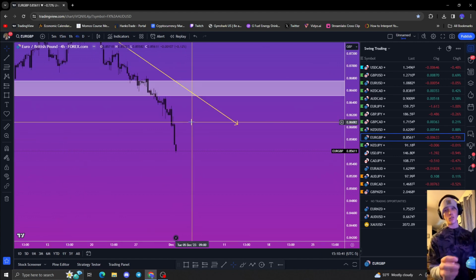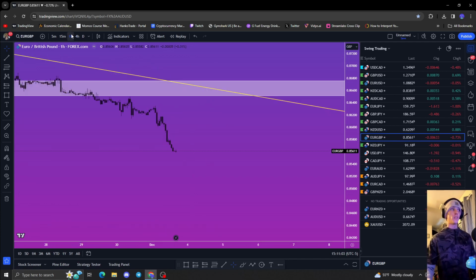If you are a new trader, I recommend you only stick to the daily and H4 time frames and just trade with the direction of the trend. You will be much better off. You won't be confused as much, and it's going to be a more enjoyable experience for someone who is new to trading, because if you go down to lower time frames when you're new, you don't know what you're doing,